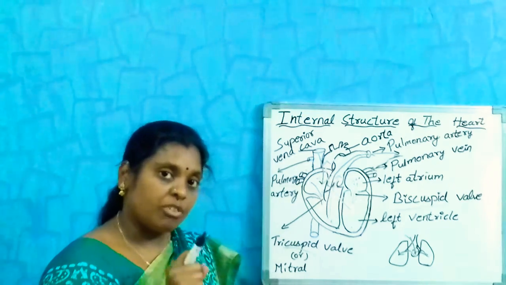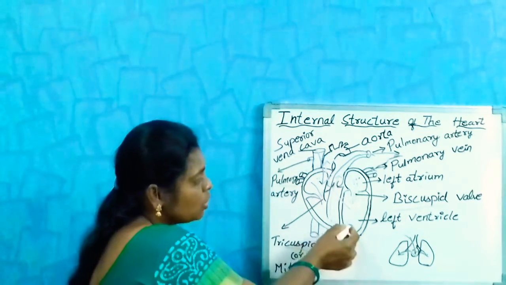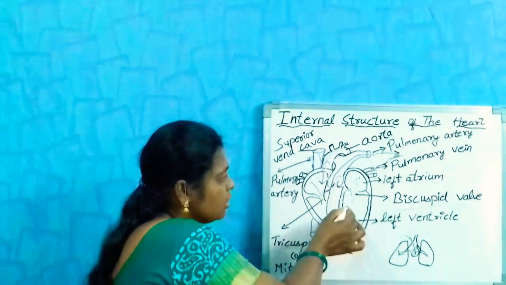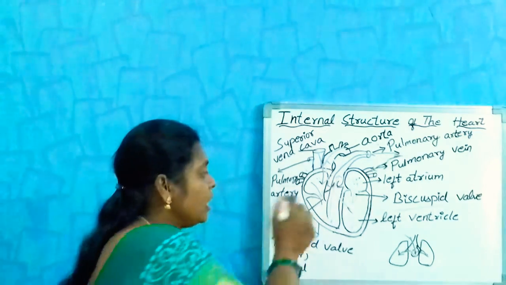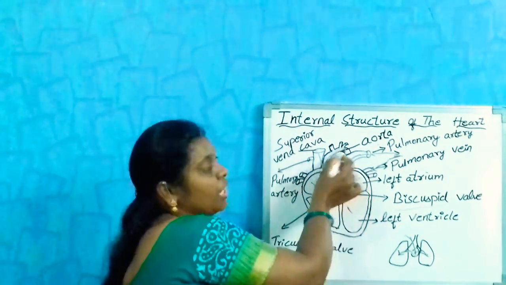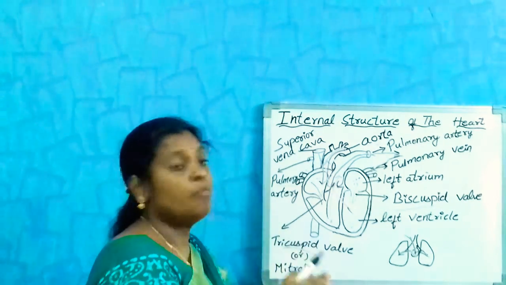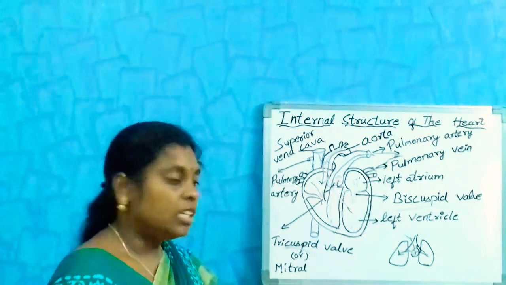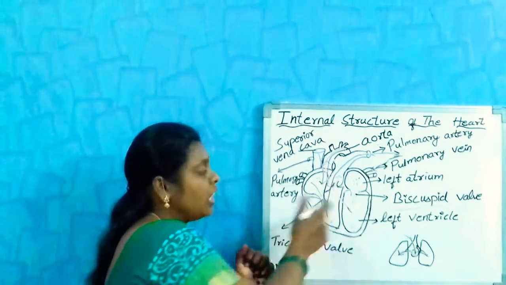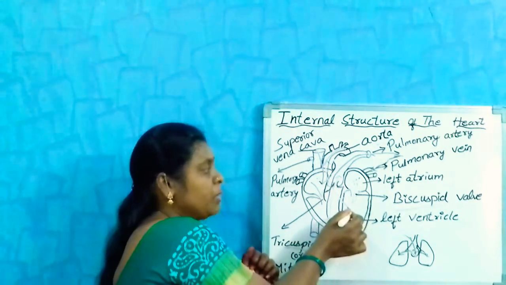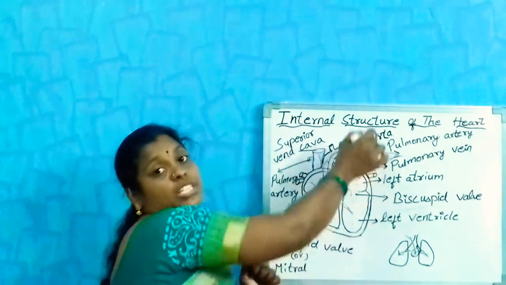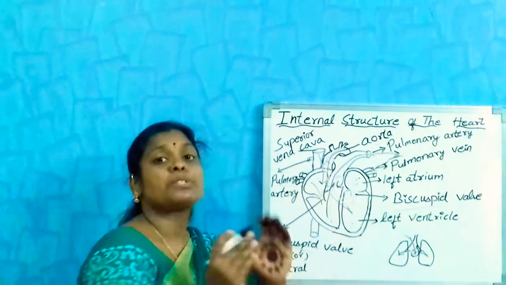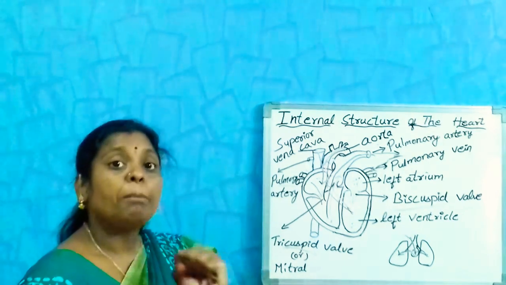Again, due to the contraction of the heart, the blood must go to the systemic aorta. This is the largest artery. You can see it from the back side; we cannot see it from the front. It must go to the systemic aorta. If the valves are absent between the atrium and ventricle, then because of the contraction of the heart, the blood may enter the atrium again. The blood must go to the aorta, but it may also enter the atrium if the valves are absent. So these valves prevent the backward flow.